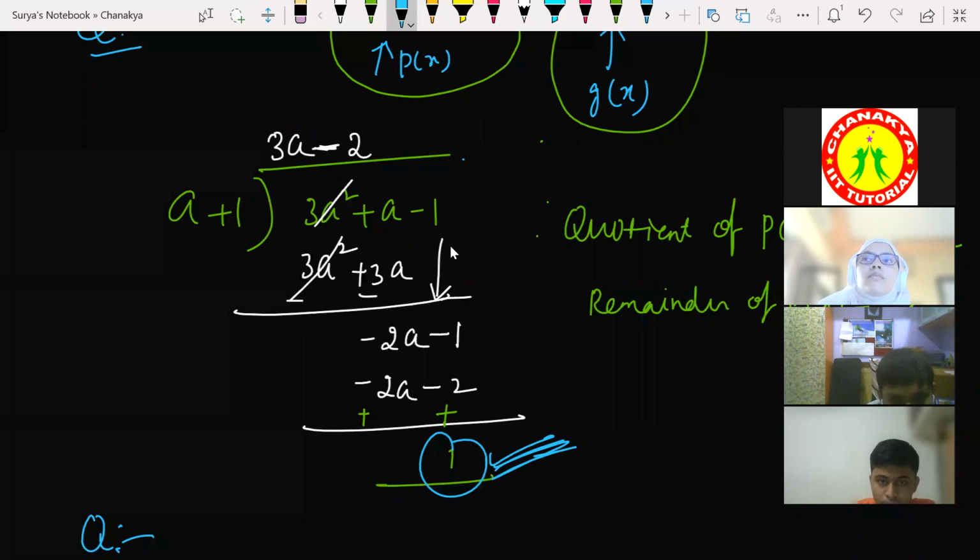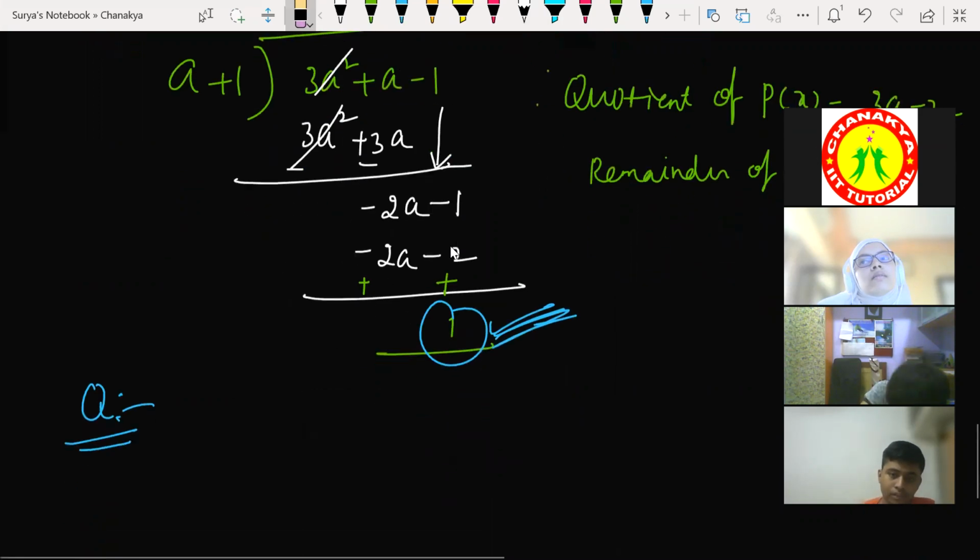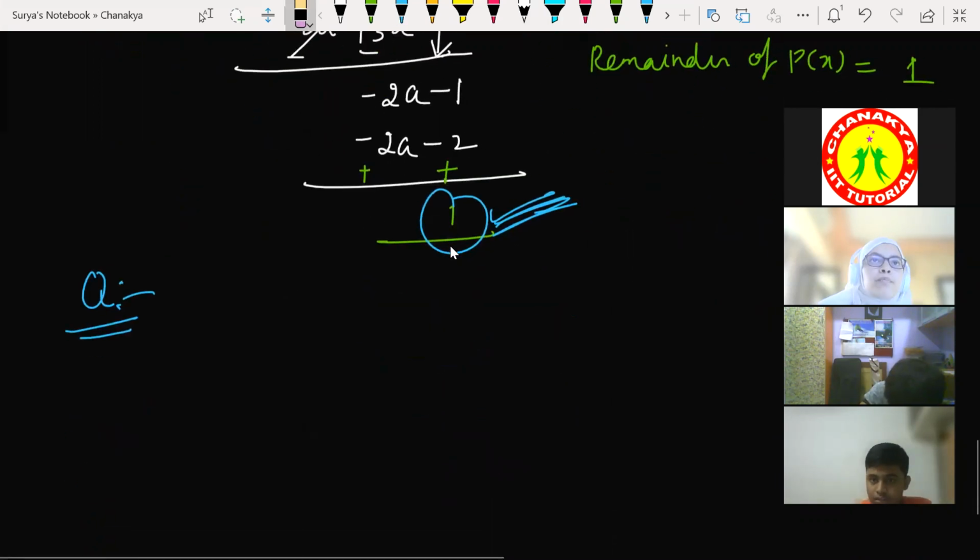That is the last step. After one, what will you do? For getting one, with what number are you supposed to multiply? If I multiply with one, so 1 into a, I'll be getting a. So that is not possible here. After one, we cannot proceed further. So one is the remainder. It need not be one in the remainder. It could be anything. All right.